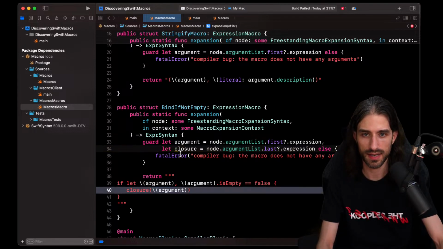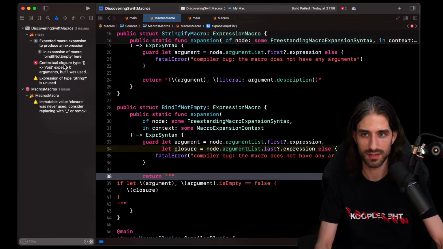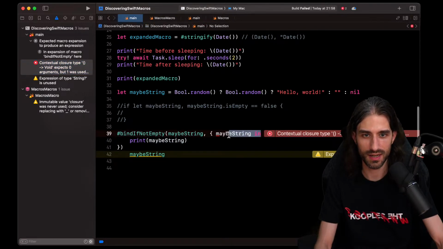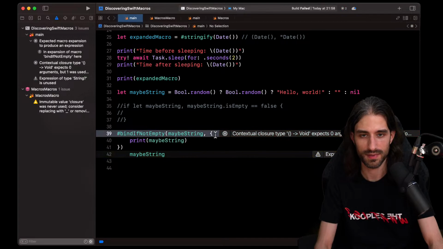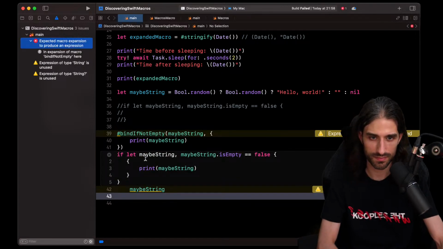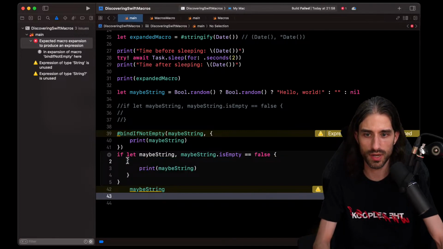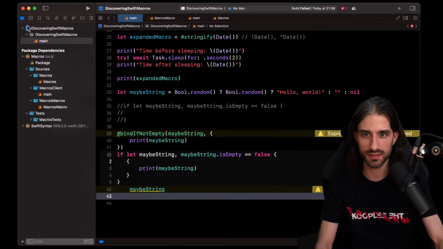Oh, wait, actually, yes, what I want to do, okay, because this is so confusing. I want to do closure like this, and I want to use it. Now, here I want to get rid of this. Still build failed. I guess I have some extra. I mean, this should still be valid because you still have an extra scope. Or maybe you need to do like. No, I think you need to have the do keyword if you want to do that in Swift.